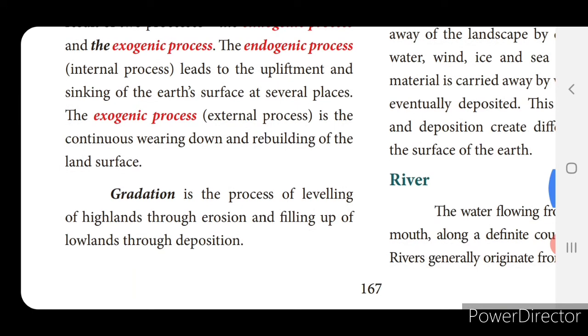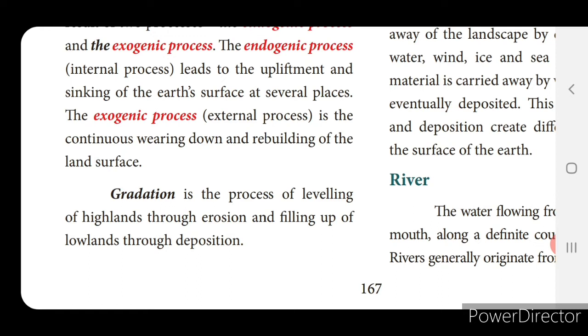Then coming to gradation. What is meant by gradation? Gradation is a process of leveling of highlands through erosion and filling up of lowlands through deposition. Due to the endogenic process, I told you the surface of the earth may be uplifted, isn't it? That uplifted portion should be compensated, it should be leveled. So gradation is a process of leveling of highlands. How can it be leveled? By means of erosion,